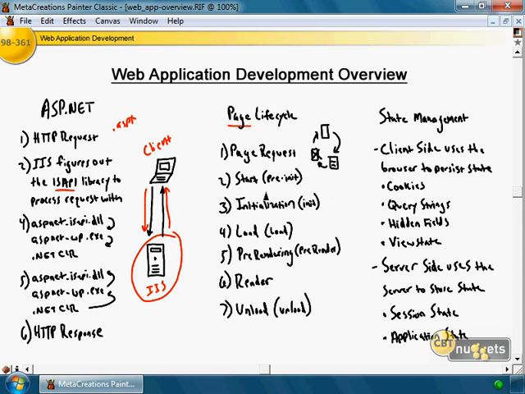So postbacks are important. They're an important concept to understand because, again, the web world is stateless. And what that means is it's always just serving up pages and sending them off, not remembering anything about the page. So if it's a postback, this is where state's going to come into play because think about it, if there was no postback, the web server would only serve up how the page looked the first time it served it up every time. So if you're a user and you're on a page and you change a bunch of data, and you send the form back to the web server